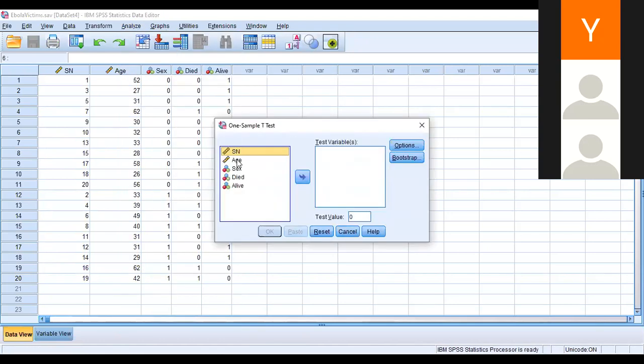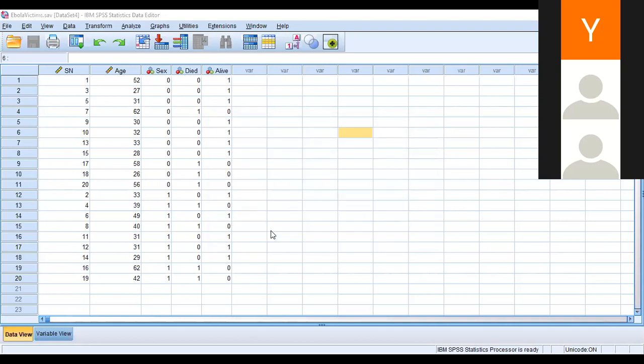One sample test. Age. We are comparing age. You look at it: test variable, age, then test value. You know, it's a one sample test. There's a value they have given you in the population, which is 33 years. You will see 0 there. You now replace it with the test value. Now say okay.